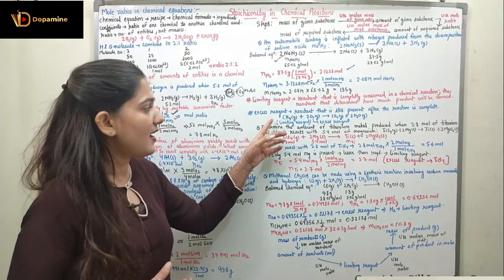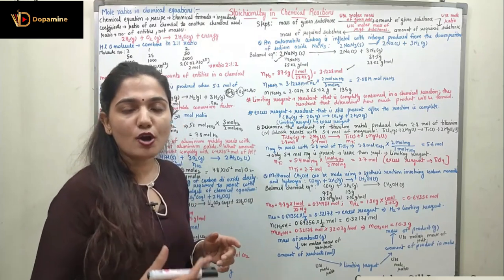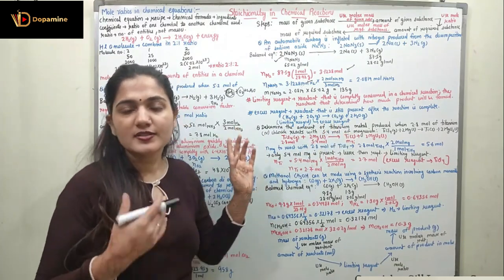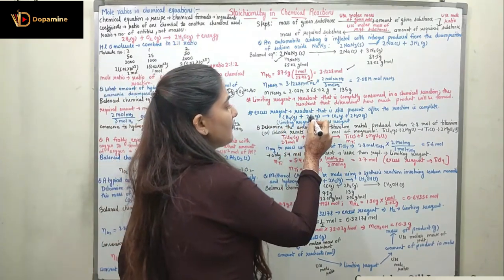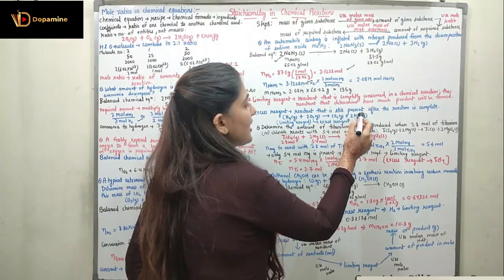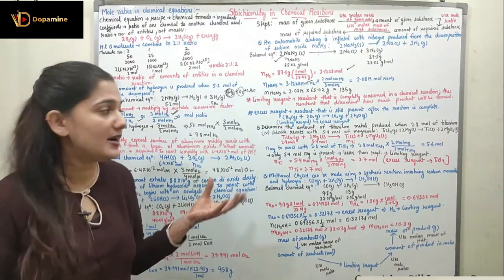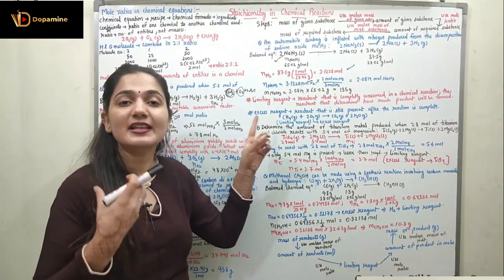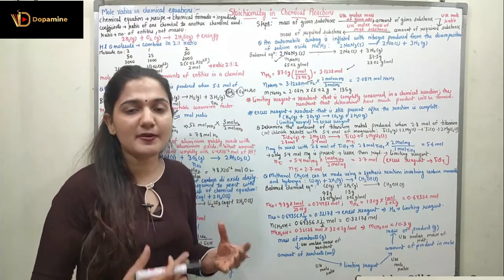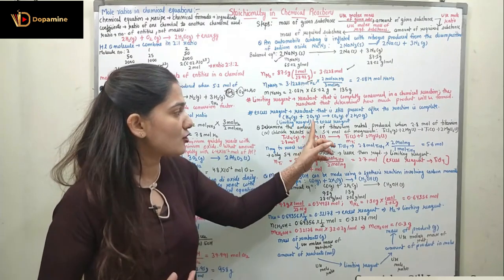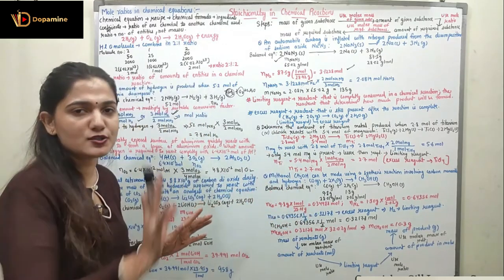If I see the reaction between methane and oxygen, methane can burn in oxygen to form CO2 and H2O. This is a complete combustion. So methane is CH4 in the gaseous form. It is reacting with 2O2 in the gaseous form to form CO2 in the gaseous form and 2H2O in the gaseous form. Whenever you burn methane, you have excess oxygen in the environment. So methane is present in the limited amount. You can have the methane in some cylinder and you are burning it in the environment. In the environment, oxygen is present in the excess amount. So oxygen gas is the excess reagent and methane is the limiting reagent over here. Right, I hope you understood both of them.